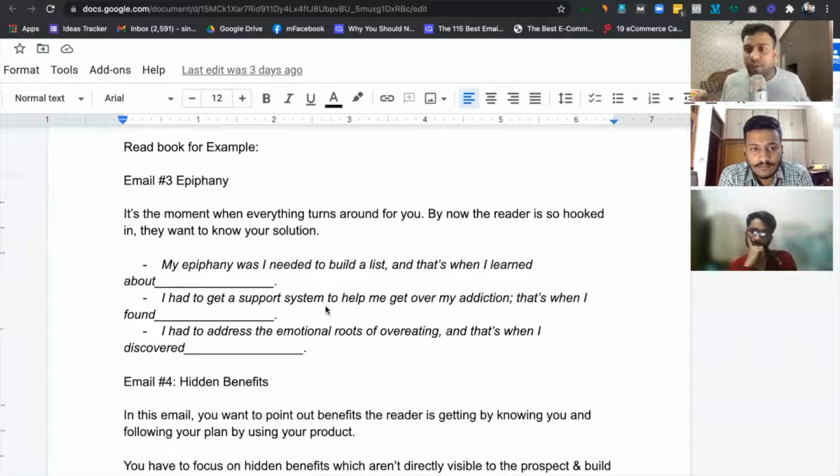Affinity is a word you will come across again and again in DotCom Secrets, Expert Secrets, and Traffic Secrets. I think it is the most important, most lovable word of Russell Brunson. So what is Affinity? Affinity is the feeling at a sudden moment when everything changed for you. Suppose, Hardik, when you were struggling last year and Money recommended you, and we had a call. That would be called a moment of Affinity.